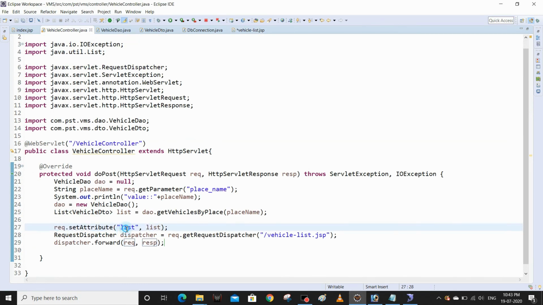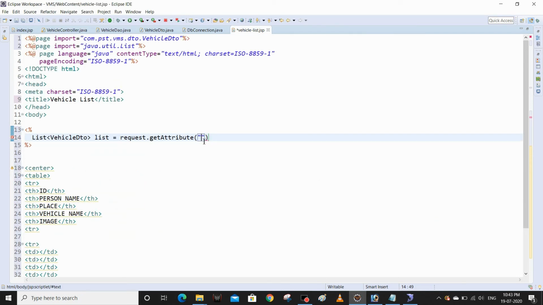The name is list here. Whatever you mentioned here, the same name you can give here. Control V. Now we need to typecast with list, it means ArrayList. So it is an ArrayList.